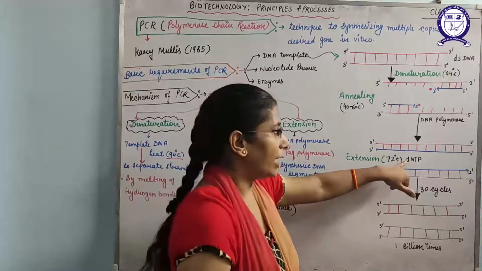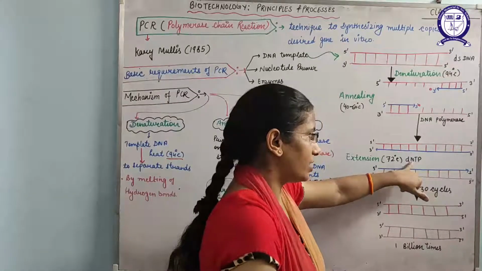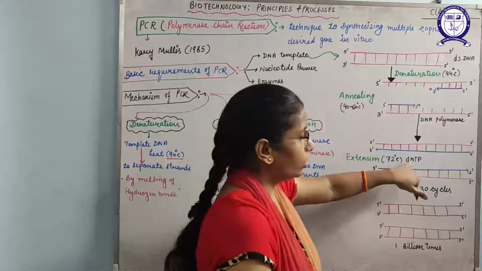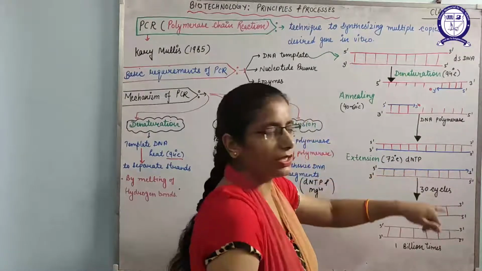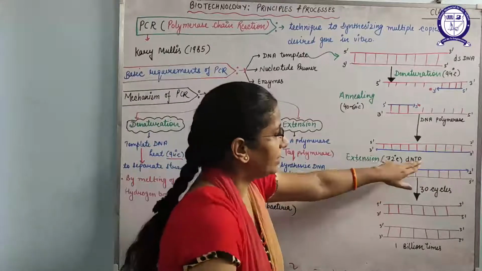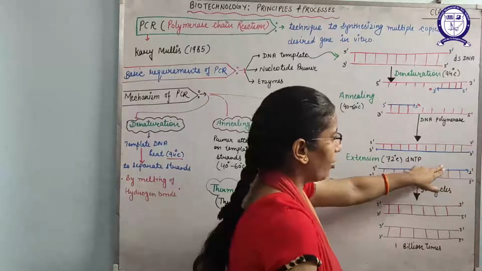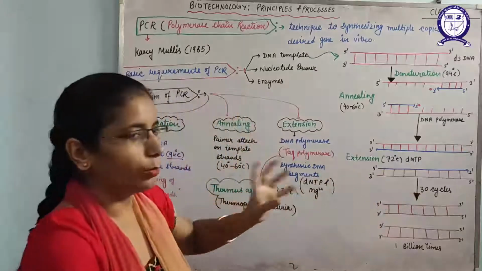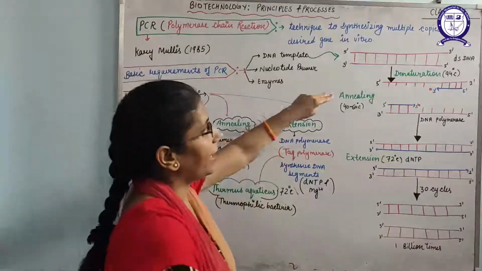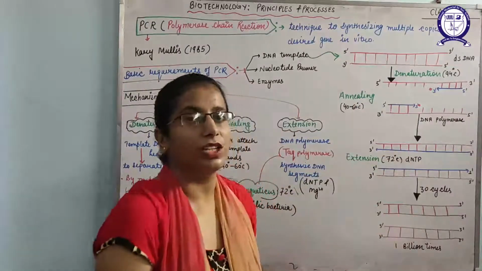along with deoxynucleotide triphosphate, nitrogenous bases, along with the magnesium ions. So now this Taq polymerase will extend the strand. So I have made the new strand by the blue color over the red color. Red color is showing the template strands and blue color is showing the complementary new strands.